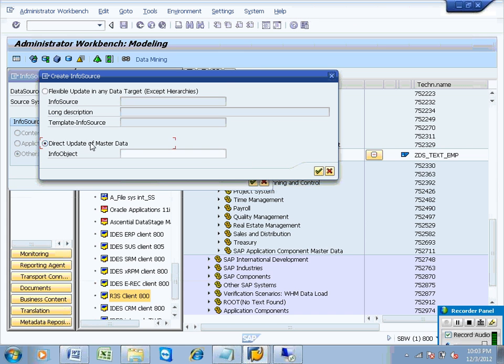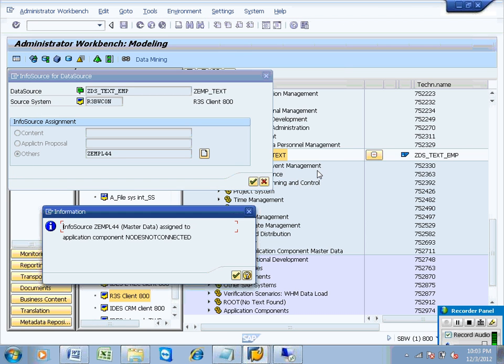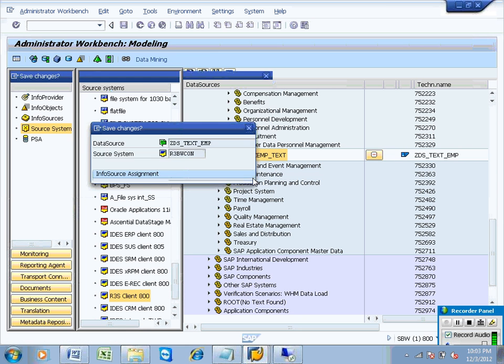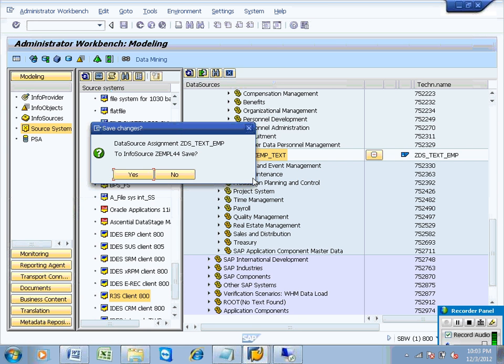And create direct update VEMPL44. Give in this function and go ahead. Now the system is taking this info source, that data source is assigned to the info source for GNPM44. Save.